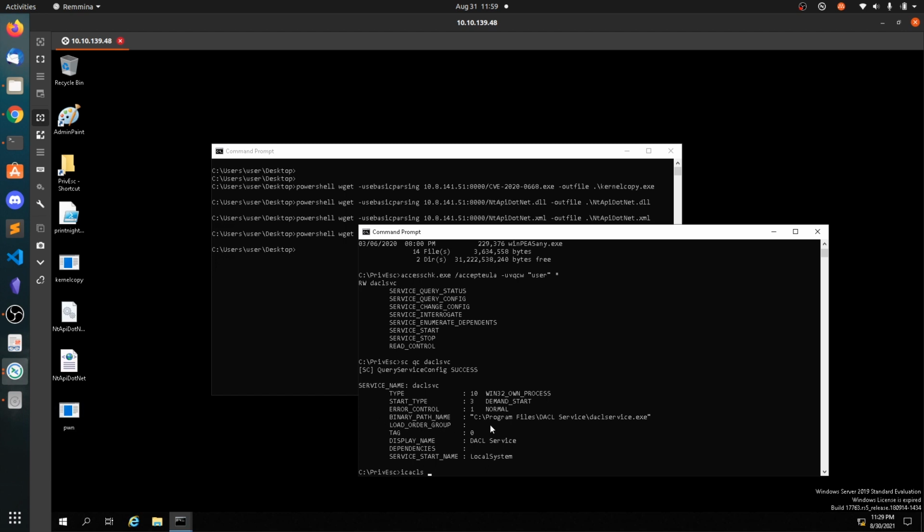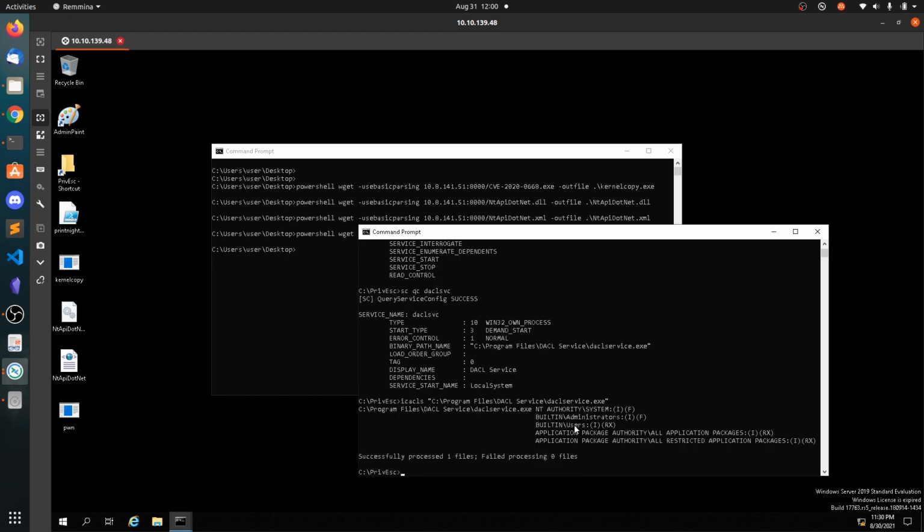But that's not what we are doing here. We are going to override this binary using our exploit. So paste the path here and now hit enter, and you can see System has full access, Administrators have the full permissions, and Users have only the read permissions.